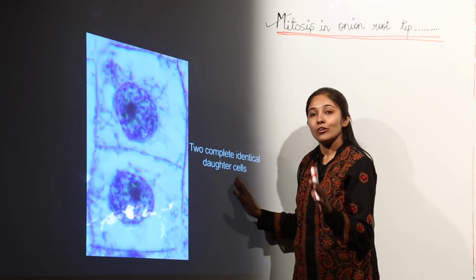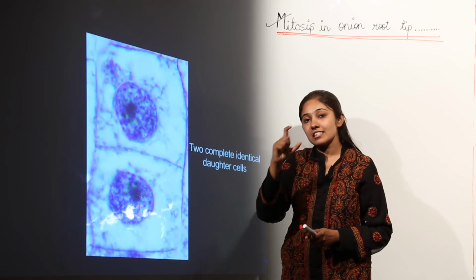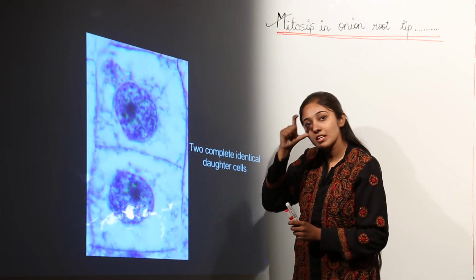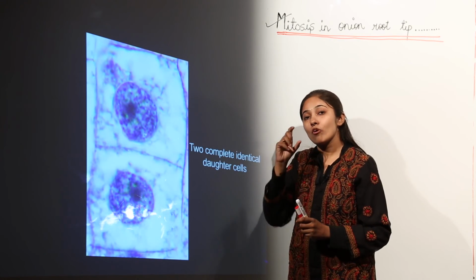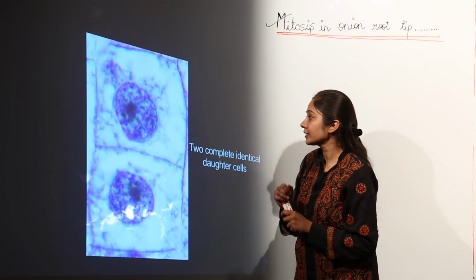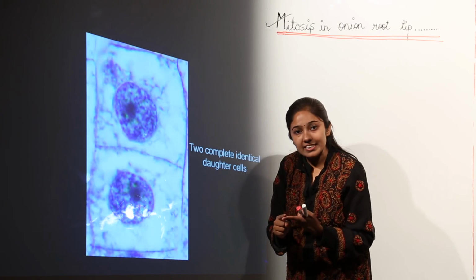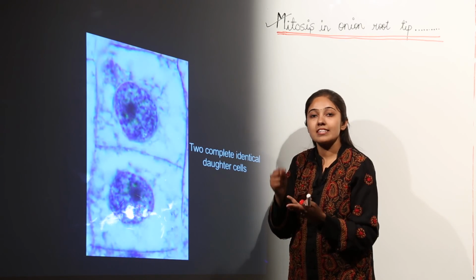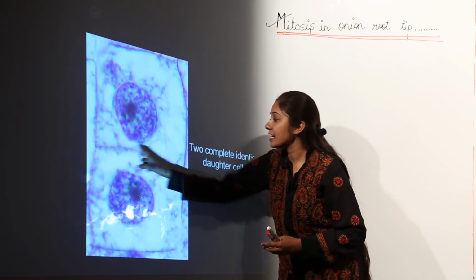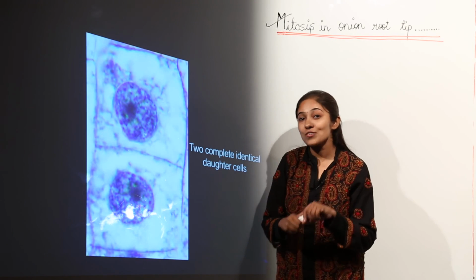So I think now you have a fair idea about mitosis in onion root tip. When you are given a slide in which you have to identify the phase of mitosis in a particular cell, you can recognize it by focusing under the microscope with the correct magnification power, of course, to see which stage the cell is going through, whether it is in interphase, prophase, metaphase, anaphase or telophase, or is it showing cytokinesis by the formation of this cell plate. So this was just to give you some practical experience of how science works.